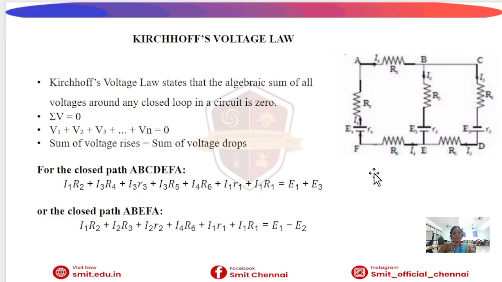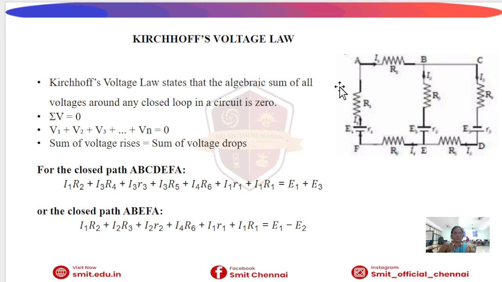Now let us consider the closed loop shown in the diagram, that is the path A, B, C, D, E, F, and A. Along this closed path, current flows through different resistors and sources. Each resistor causes a voltage drop equal to current multiplied by resistance, that is I into R. Each battery or source provides a voltage rise equal to its EMF value. Applying Kirchhoff's voltage law to this loop, the sum of all voltage drops across resistors is equated to the sum